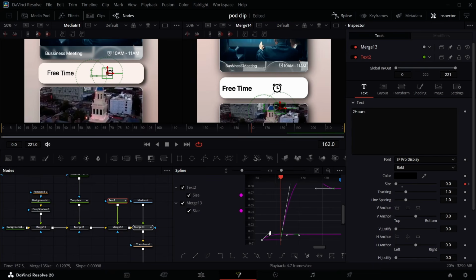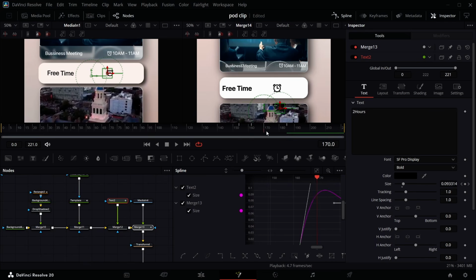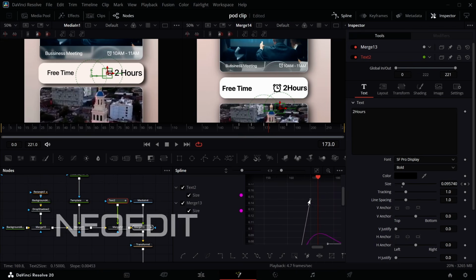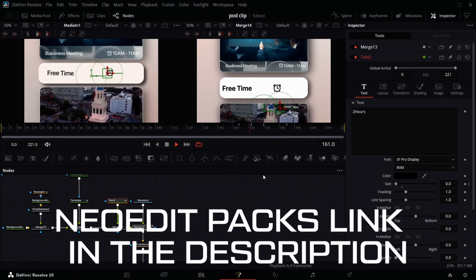You have to reduce the size to something like this. Go to where the peak of the text is, somewhere around here. You don't want it to come close to the boundary like this, so reduce that peak somewhere around here. And if you play it now,